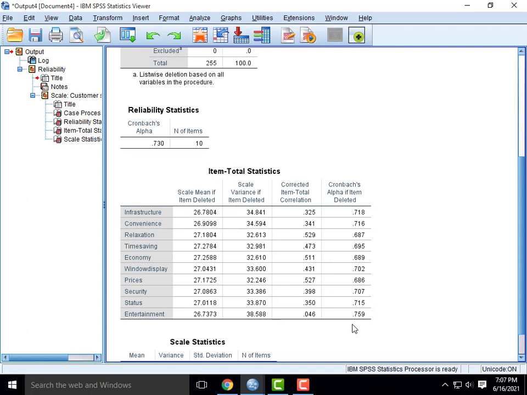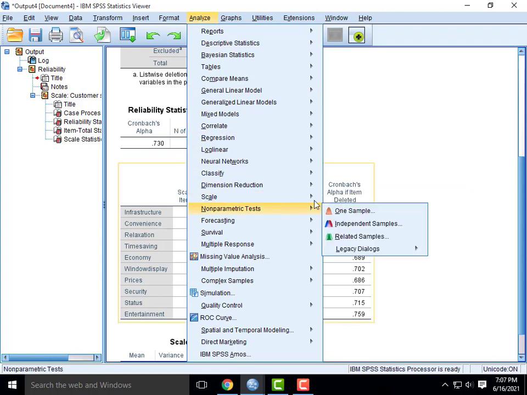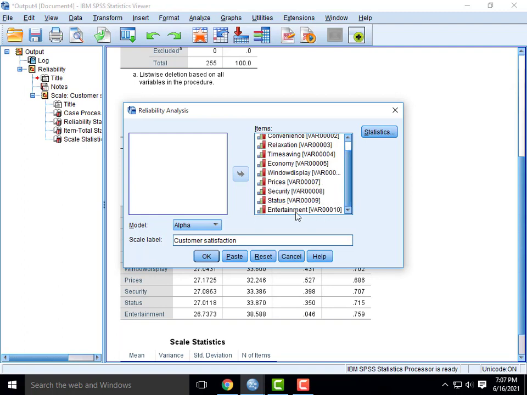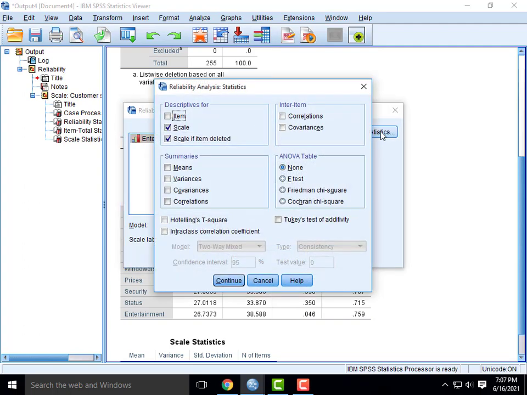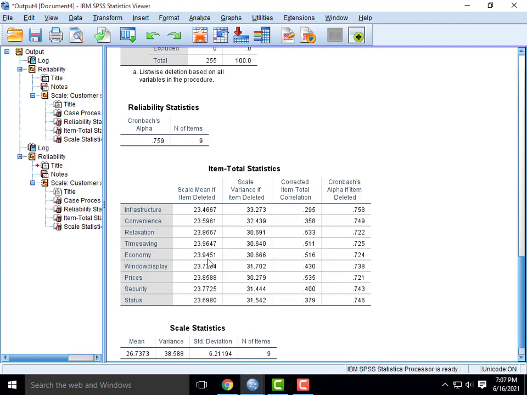Let us check. Again go to Analyze, select Scale, then Reliability. Here just remove entertainment, select this one, press this. Now we repeat the same, click Statistics, these are the same, then Continue, then again click OK.